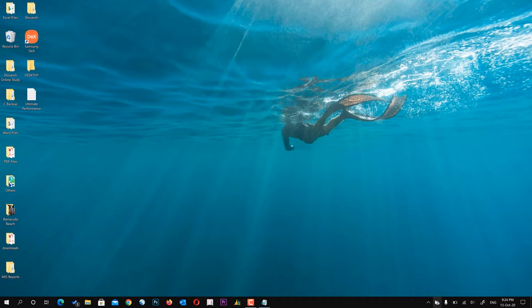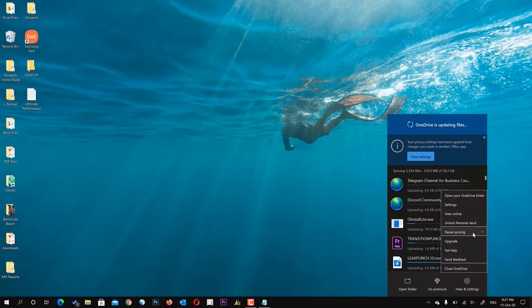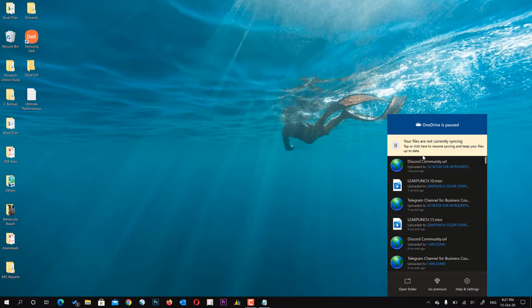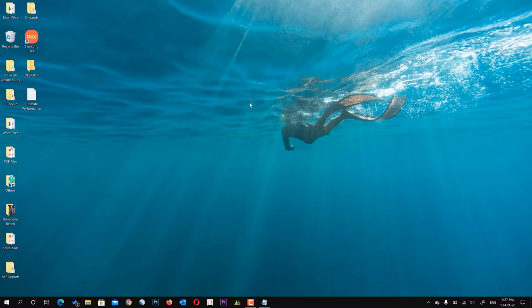To stop automatic syncing of OneDrive, right click on the OneDrive icon here in the taskbar, click on Pause Syncing, and here you can decide the timing: 2 hours, 8 hours, or 24 hours. Once you do that, OneDrive will not sync automatically for 24 hours, and you will see noticeable performance improvement on your system after you pause the OneDrive syncing.